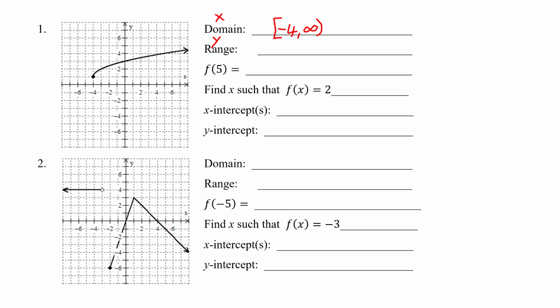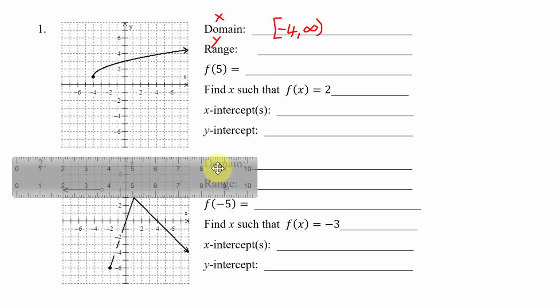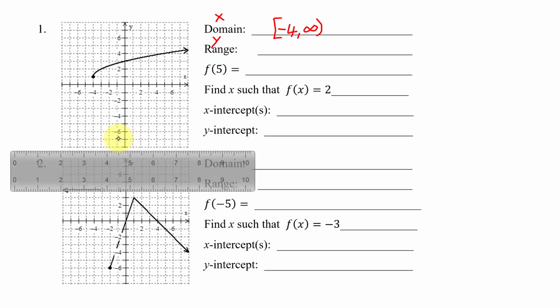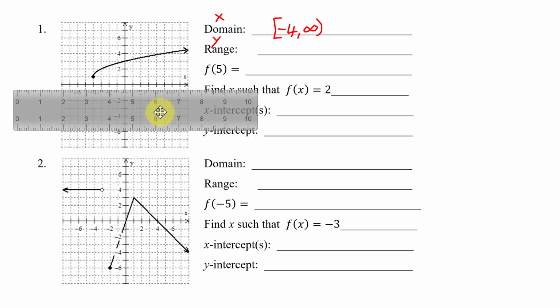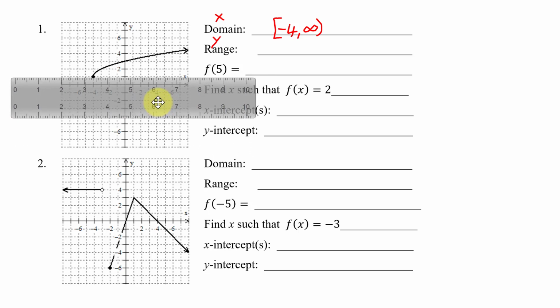Now to find the range, I bring my straight edge coming in from negative infinity in the y direction. And as I come on up, do I have a graph here? No. What is the smallest y value I come across? It's the y value associated with this point, so it is y equals 1. And as I have a solid dot there, I include the endpoint, so I have square bracket 1, comma,